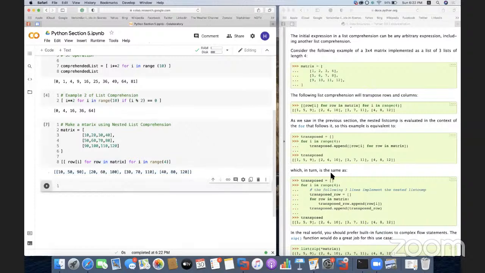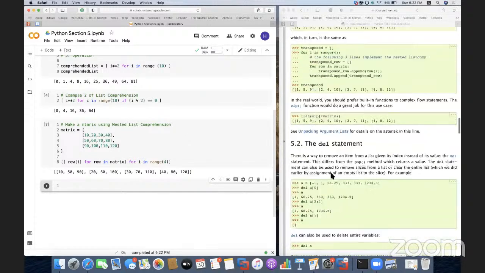So we can use it whenever we do need to create issues like this. Okay,